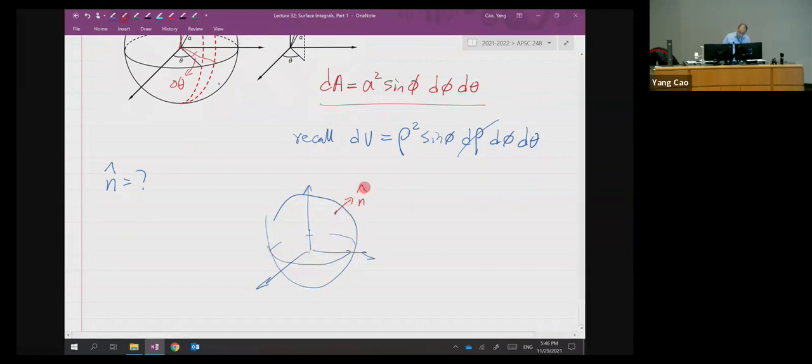So let's see, I need an n hat at an arbitrary location, right? So let's see if something makes sense or not. If I pick this point P, and the point P has coordinates x, y, z, right? What do you think if I connect from this origin to this point P, creating a vector OP,